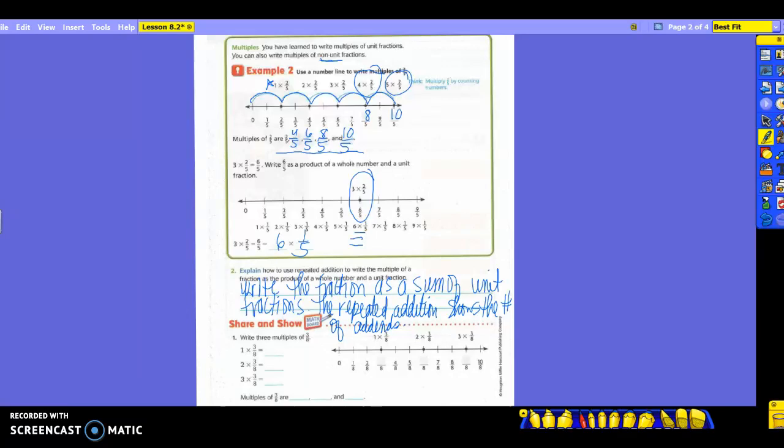So as we have done in the past, we did 1/5 plus 1/5 plus 1/5 plus 1/5 plus 1/5 to equal your total of 1. All right? Those are your unit fractions. This is how many addends you're going to have. Okay? So this would be 5 times 1/5. This is the number of times you did it, and this is what you were multiplying by. Does everybody see how it turns